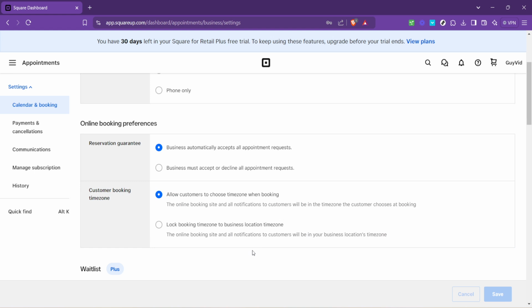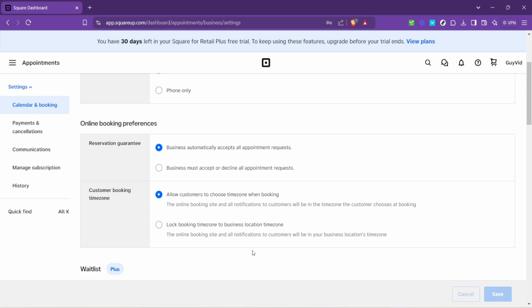Finally, here is where you can adjust the time zone according to your specific needs. Square offers a drop-down menu listing all available time zones, making it easy to select the correct one for your business. Whether you're in the Eastern Standard Time Zone, Pacific Standard Time, or any other, you'll find it here. Simply click on your desired time zone and your calendar will update to reflect this change.